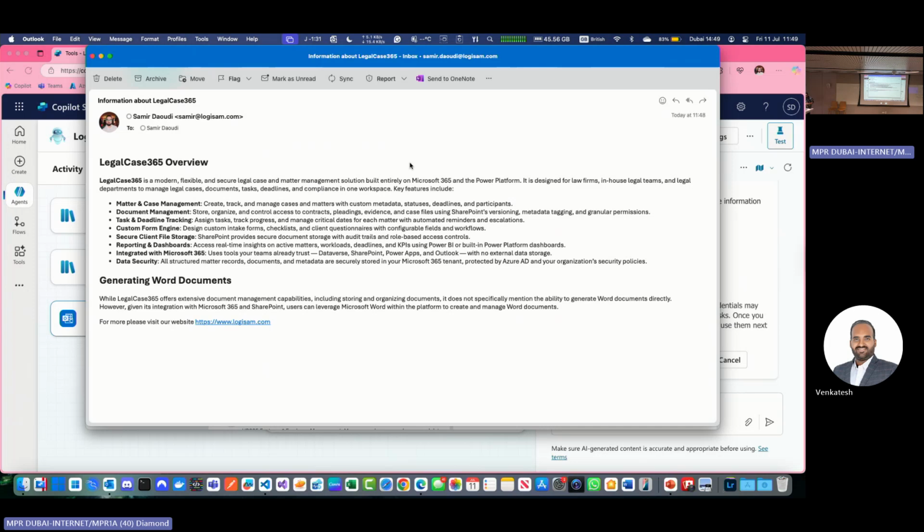Here we go. I've not defined the subject. I've not defined anything. It just comes with legal case overview because I've asked about a legal case. I didn't do anything. Copilot just understands that the subject should be about this. So if I say,